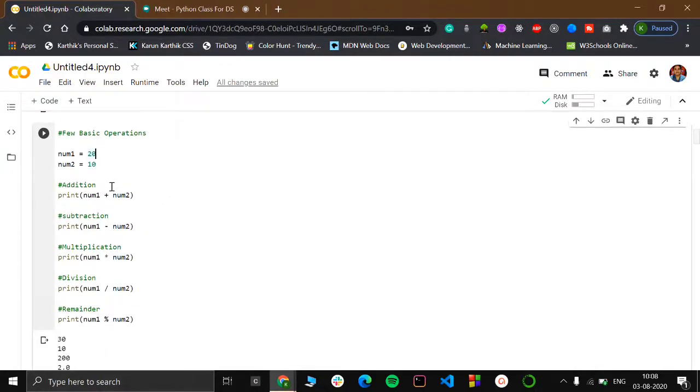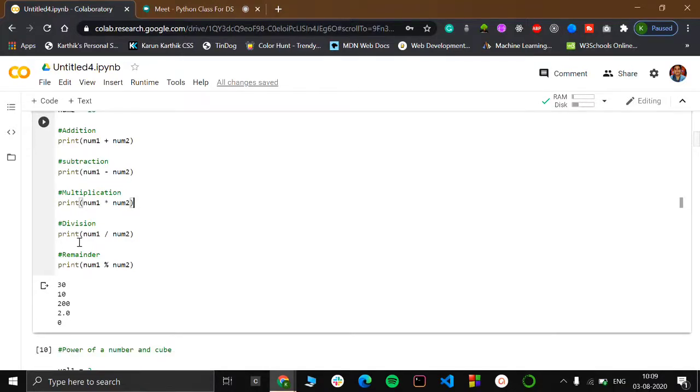If I want to add those values, I would write print num1 plus num2, and for subtraction num1 minus num2. For multiplication, the star symbol is used for multiplying any two variables, and for division you would use the slash operator, and there you go, print num1 by num2.